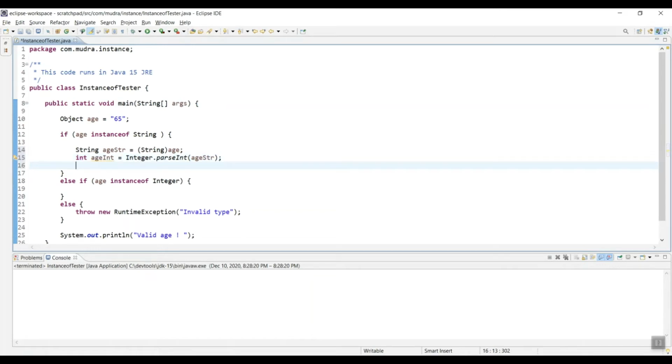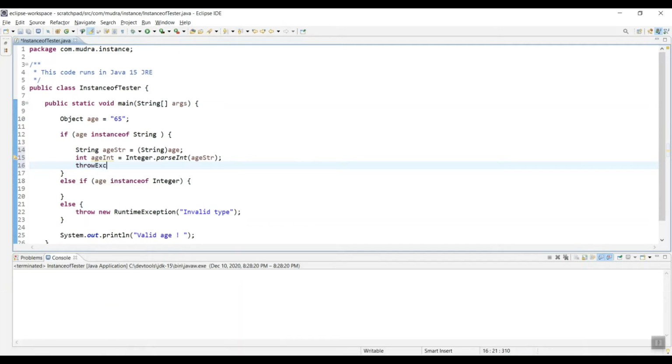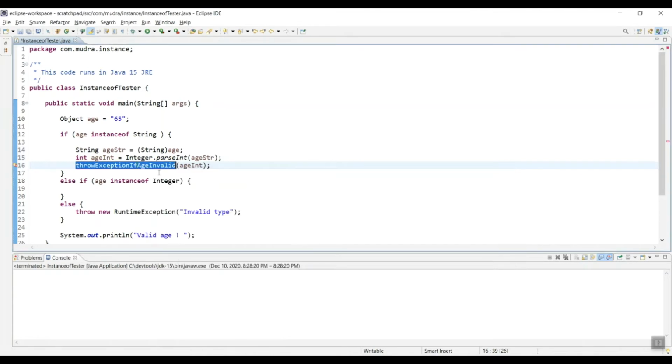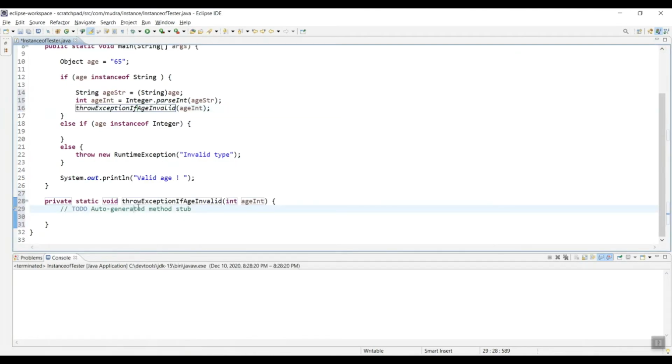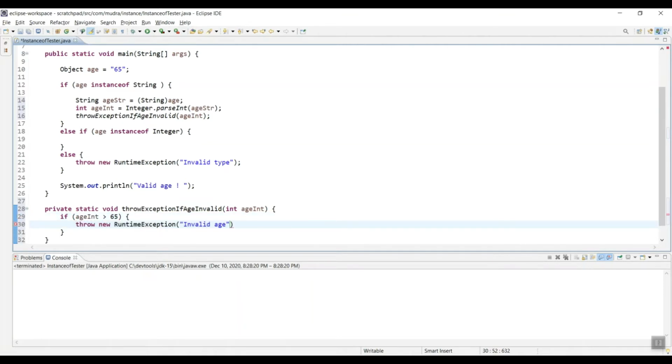And now at this point, I will simply write a small function which will just throw an exception. I still have not written the function. I'm just going to write this function quickly. If ageInt greater than 65, then I'll simply throw